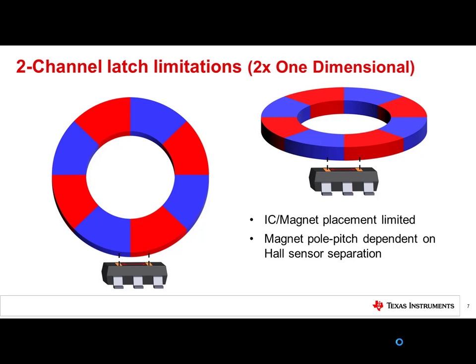coplanar. This type of device is faced with mechanical alignment limitations, including the IC to magnet placement and the magnet pole pitch versus Hall sensor separation. Accurate performance will require that the 2 sensors be physically 90 degrees separated. This means that the magnet poles must be small enough to match the sensor separation, or that the sensor package must be large enough to accommodate the pole spacing. Small magnet poles produce less magnetic field, which may not be adequate to trigger the sensor, and large devices defeat the benefit of a single chip solution.